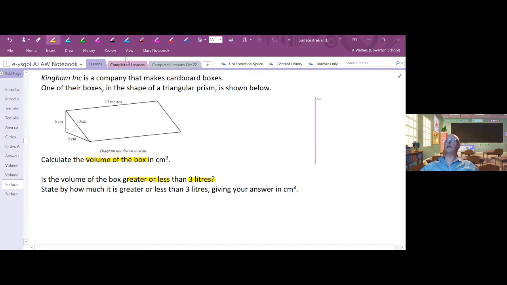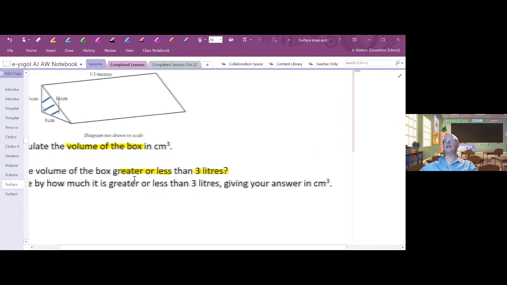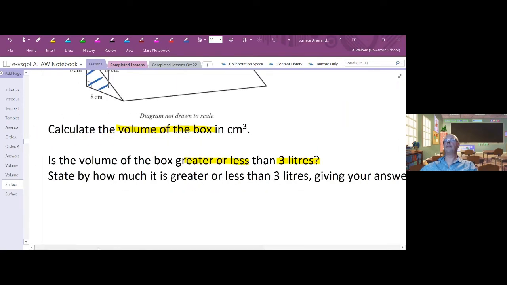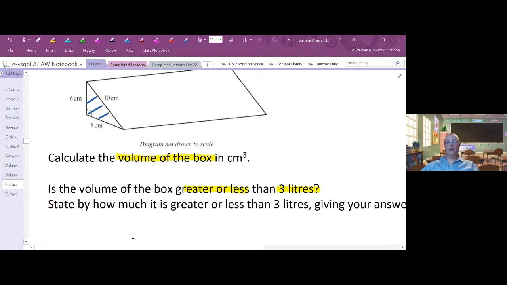Okay, so the same formula again. We're going to work with this distance. The base is 8 and the height is 6. Now, if that's a little bit on the small side, I will enlarge that for you. So the cross-sectional area is a half times the base is 8 and the perpendicular height is 6. So that's 4 times 6 is 24 centimeters squared is the area of